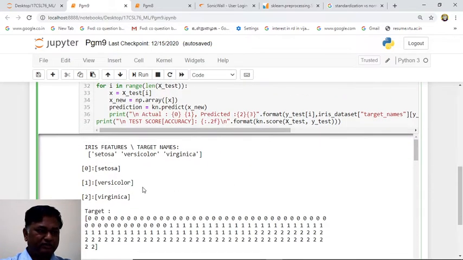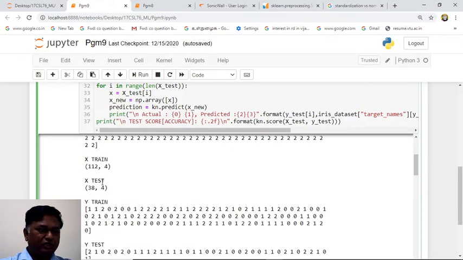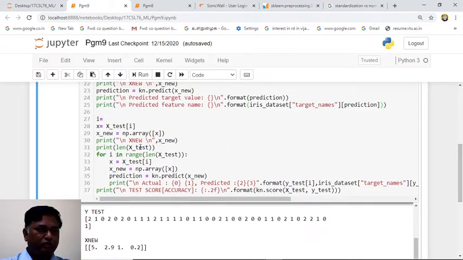Down it is here. Down you can see the new data is this one. This is the new data we just printed. That new data target value is 0, Setosa. Okay. That is one correct data. Now on wrong data we have to show a demo. Now you take any value for i.